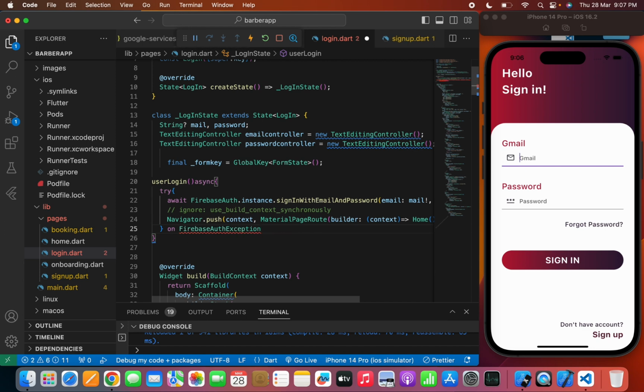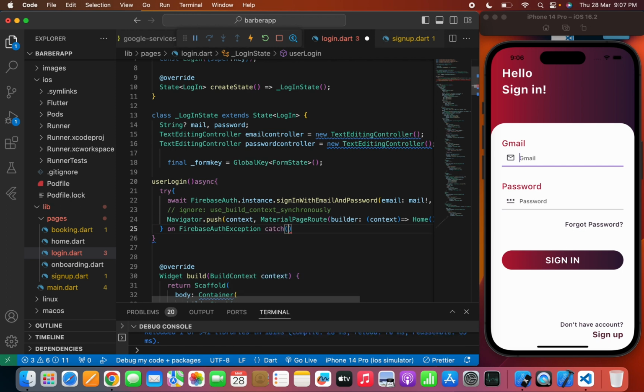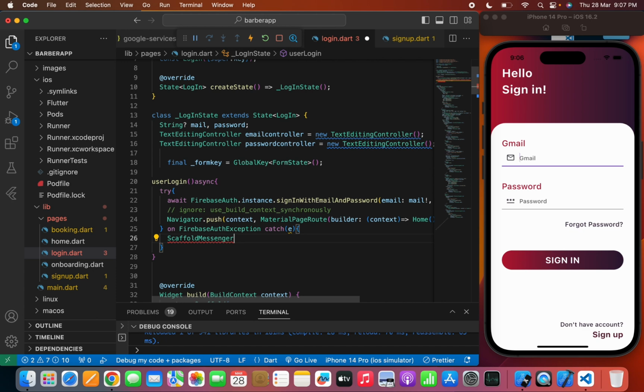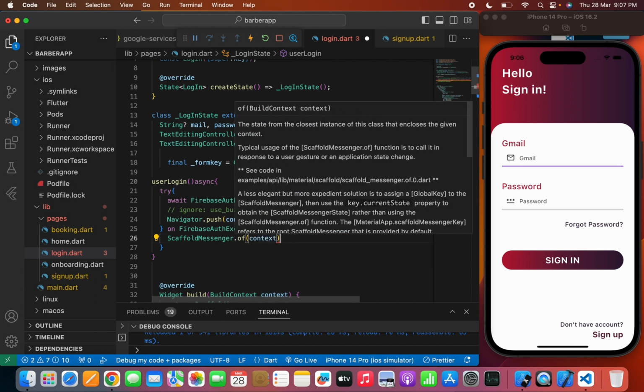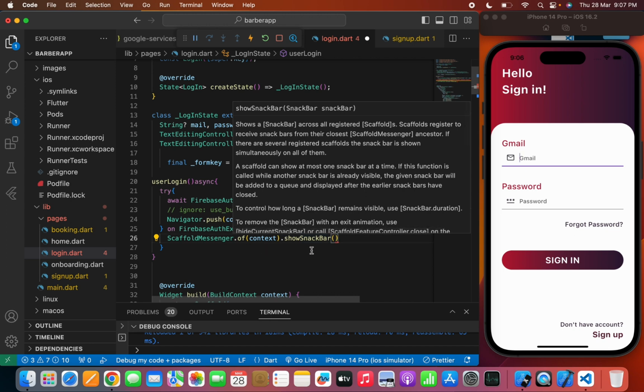So I will write FirebaseAuthException and here I will write catch so that we can catch the respective error. So I will write ScaffoldMessenger.of(context).showSnackBar. Basically, as I have explained, snack bar is something